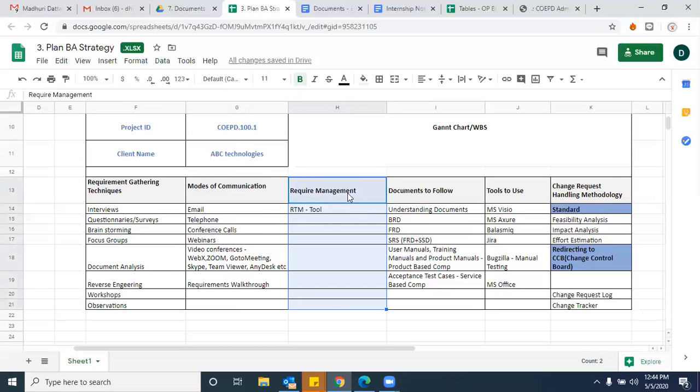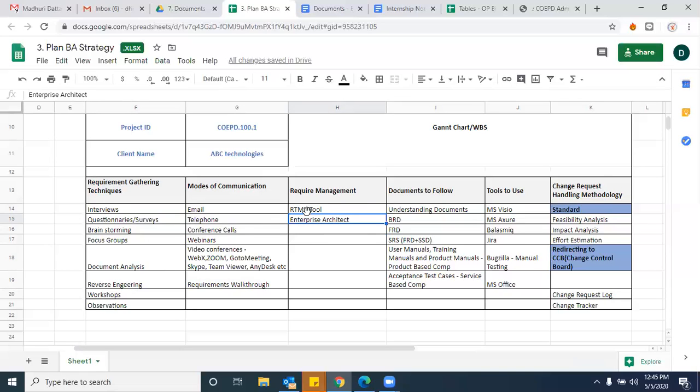The requirements management tool commonly we are using is RTM, right or wrong? Requirements management, in the sense, once you capture the requirement, how we are managing it. You need to understand how these requirements are being managed by the designers, the developers, the testers, right or wrong? So for that, we are using a tool called RTM, and a couple of people are using Enterprise Architect as well. Enterprise Architect is a little expensive, but still big companies are using Enterprise Architect.